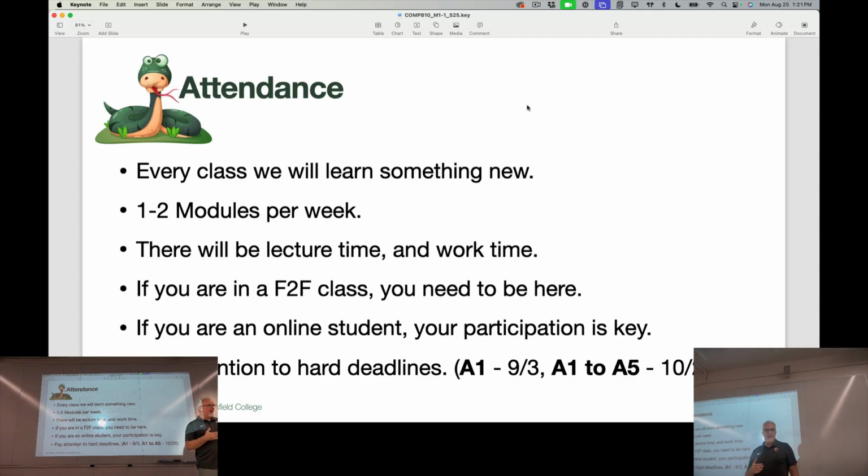We will move through a lot of material in this class. We will do 1 or 2 modules every single week of the class. It's all in the syllabus. It's all available. You can look at the syllabus and you can say, on this day, we will be doing module 12. And on that day, I guarantee you, we will be doing module 12. My syllabus and my schedule is very, very solid, and I try to make class as predictable as possible